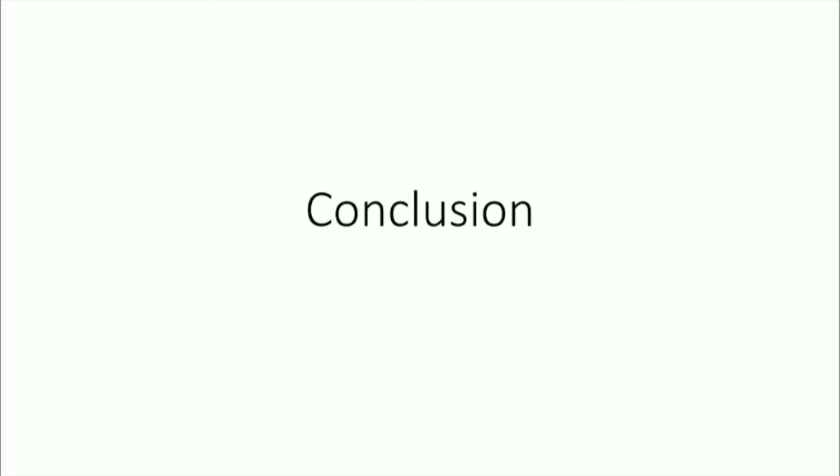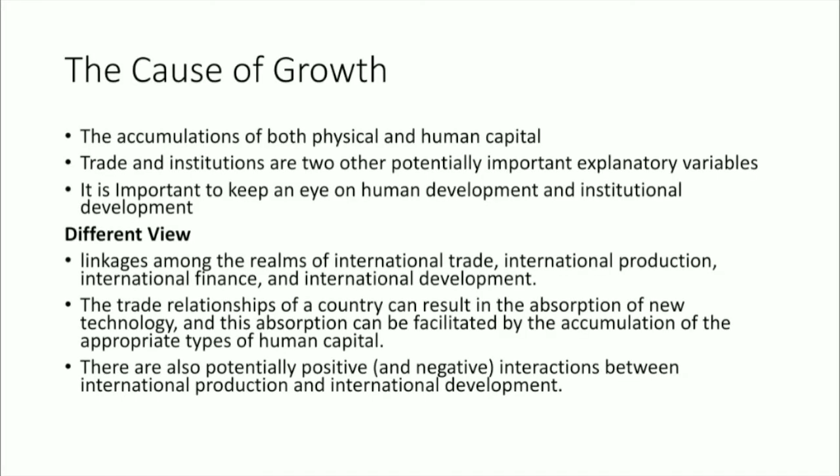So the conclusion for this chapter is that it is clear that the accumulation of both physical and human capital are causes of growth, and trade and institutions are two other potentially important explanatory variables that cause growth. It is also important to keep an eye on human development and institutional development. And then, if we want to view this chapter differently,